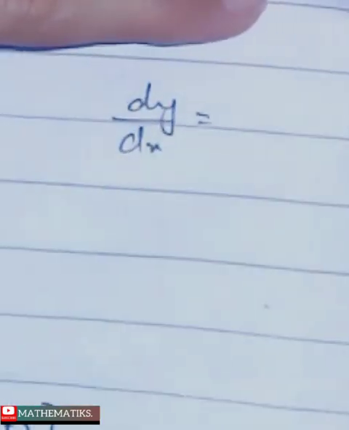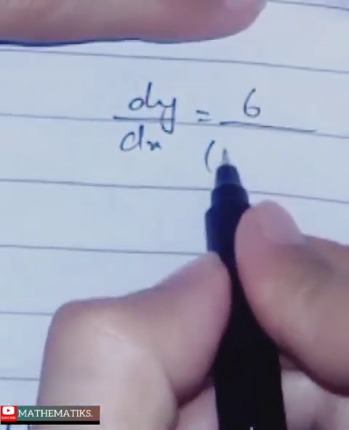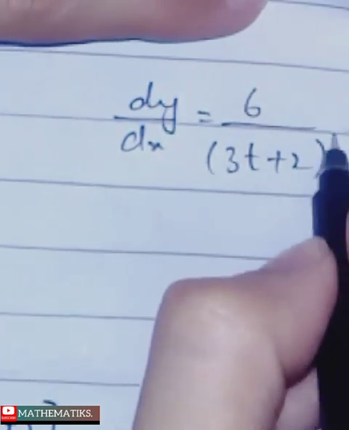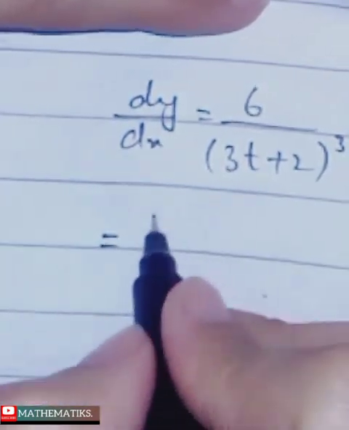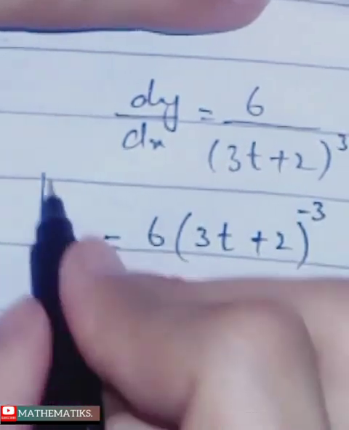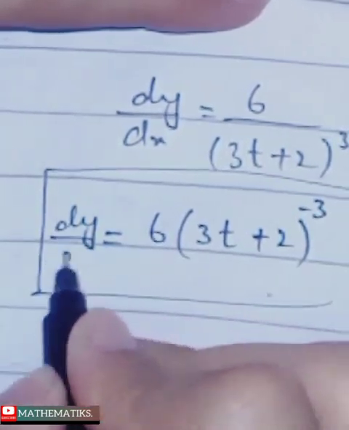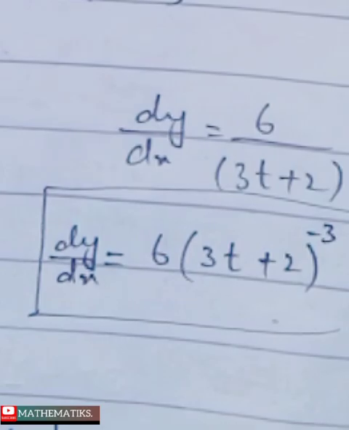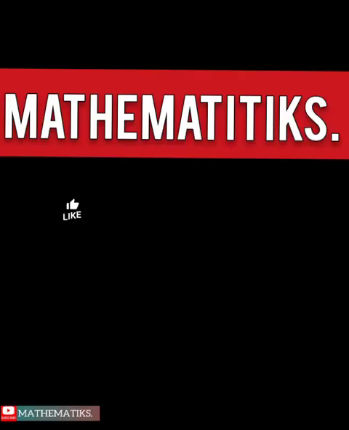So dy by dx is equal to 6 divided by (3t plus 2) whole cube, which is equal to 6 into (3t plus 2) to the power minus 3, which is our derivative. Now for the required derivative,